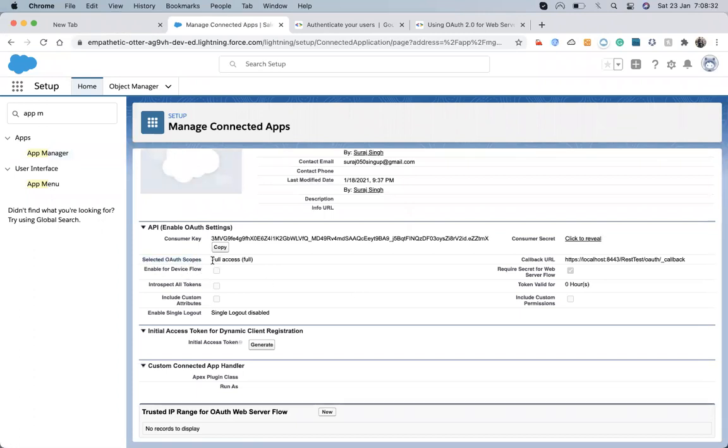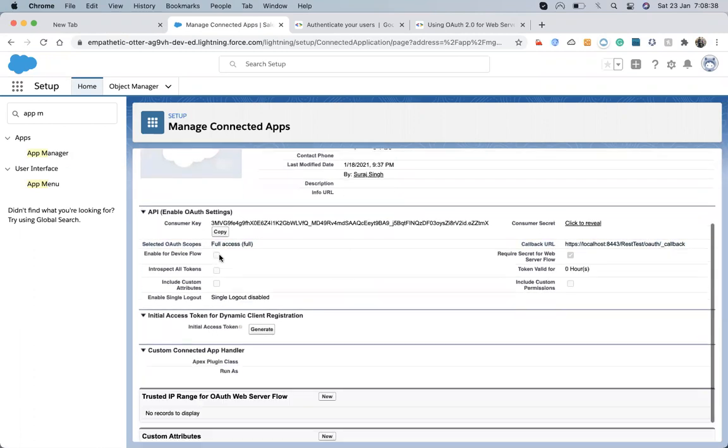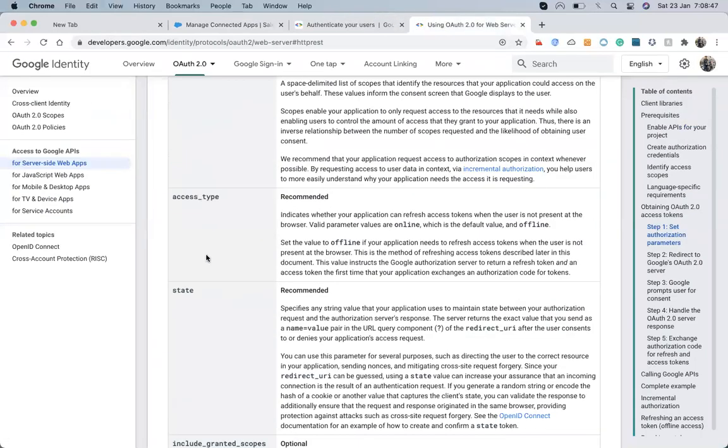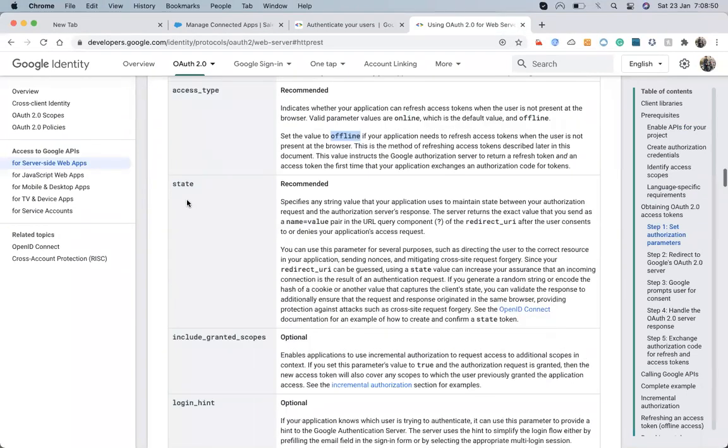Remember, we are giving the full access to this. So here is also a kind of scope, and we have access type, which is offline. Then we have a state. State is a kind of parameter, suppose we want to send a value.